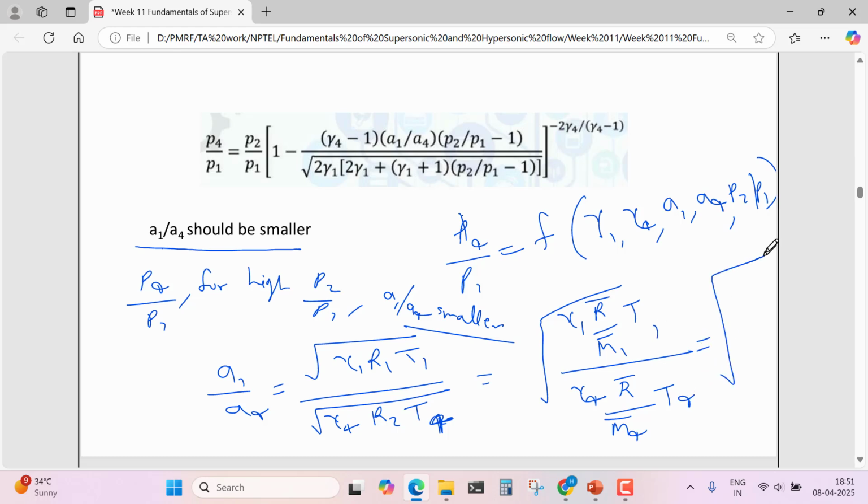So it will give A1 by A4 as the square root of gamma 1 T1 M4 bar upon gamma 4 M1 bar T4. So if you can see that